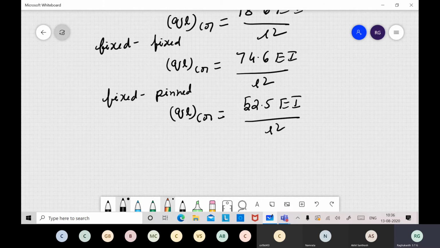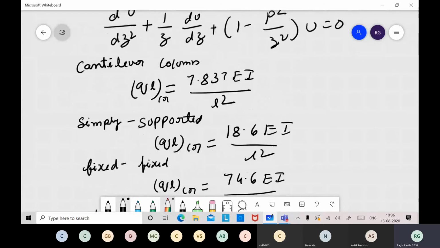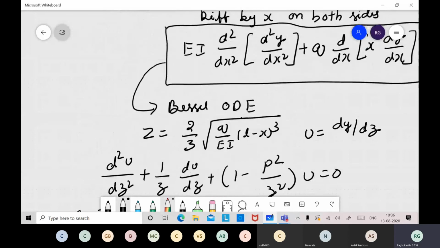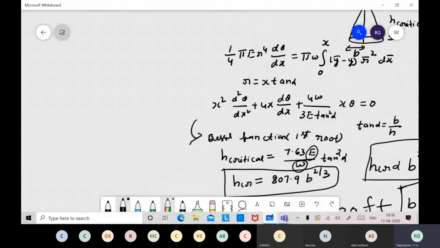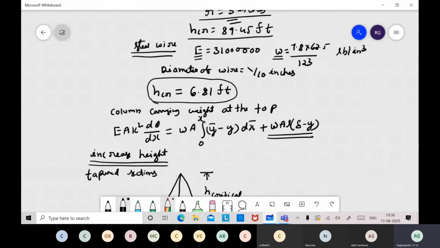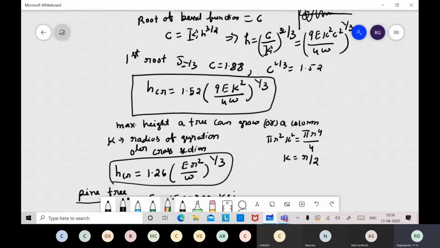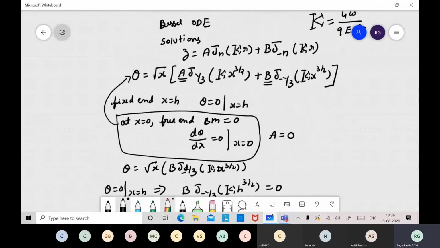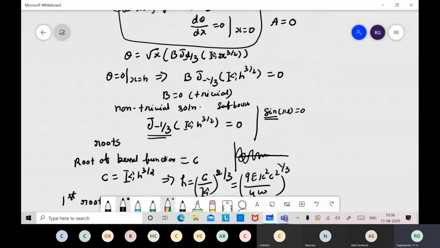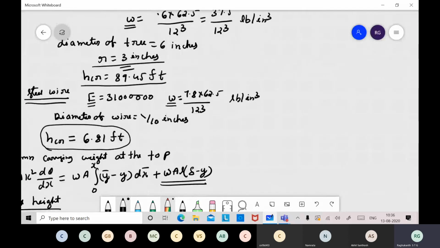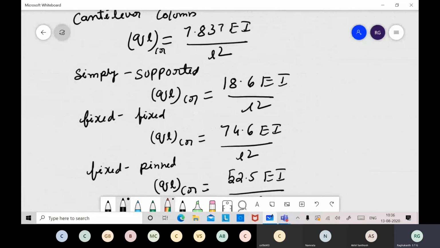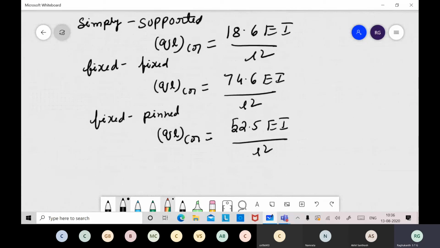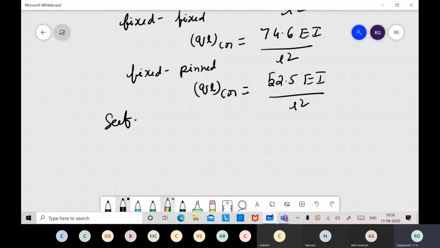So these were the formulas given by Euler, by deriving, but the derivation is exactly the same. This derivation is not available in some books, but the detailed treatment is in Greenhill's paper. I suggest all of you go through this paper and whatever we have done in the class right now, to understand the Bessel functions, how we derived this Bessel's ODE, how we arrived at these roots and then the critical heights. Euler's treatment is much more general. It is not only the weight, but can be any type of distributed load. So these are very important formulas for self-buckling.